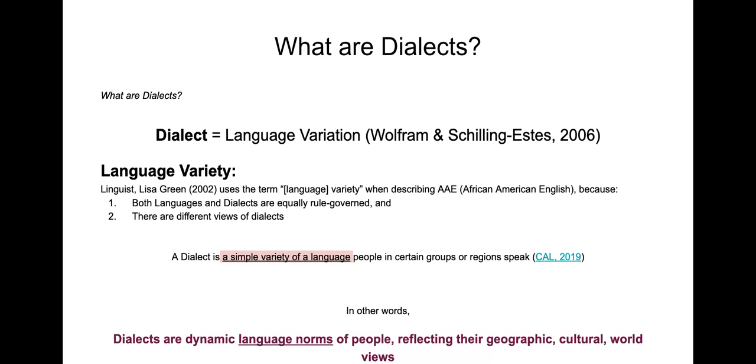And if you don't keep this in mind, it can affect the way that you work with African Americans, or especially African American English speakers in different contexts, as a speech language pathologist. Maybe if you decide not to be a speech language pathologist, as an educator, or whatever profession you choose, you might hold some negative bias against the dialect that you're not allowing yourself time to really understand, because you're not respecting it as such. So keep in mind, AAE is a dialect, and a dialect is a language variety, and a language variety is a variety of a language, which means that dialects and languages are essentially equivalent.